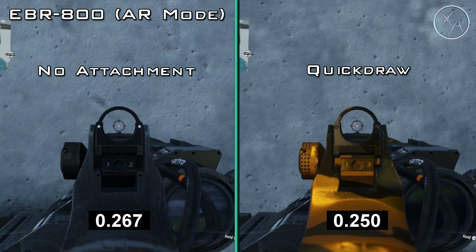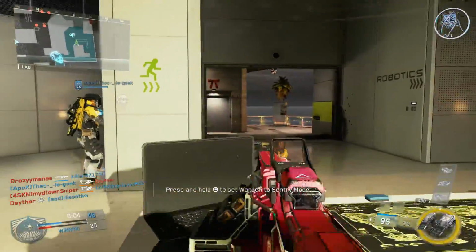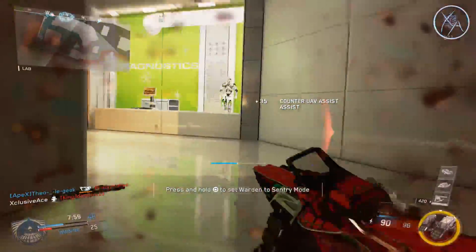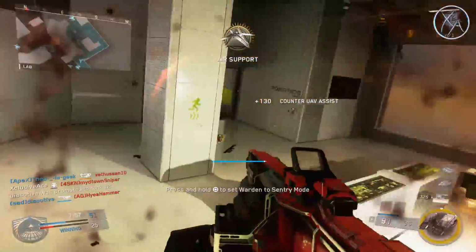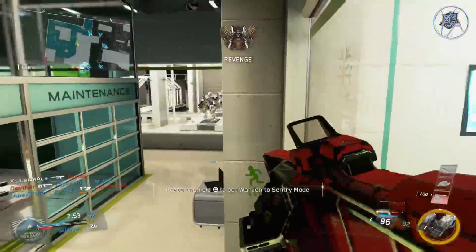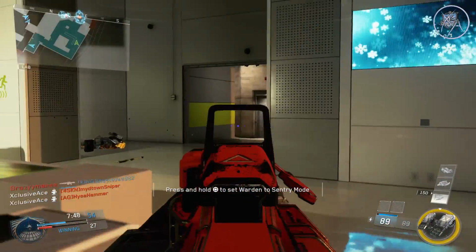Now I can say these percentages out to you guys all day, but it's really hard to picture how much of an impact that's going to have on your game for a lot of people. So let's bring in our practical time to kill values. Now by practical time to kill, I mean your statistical time to kill combined with your aim down sight time, because in a lot of gunfights you're going to be seeing your enemy, then aiming down sight, then firing and